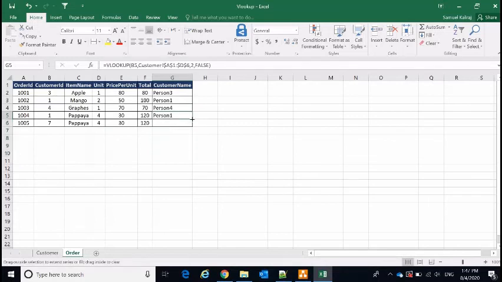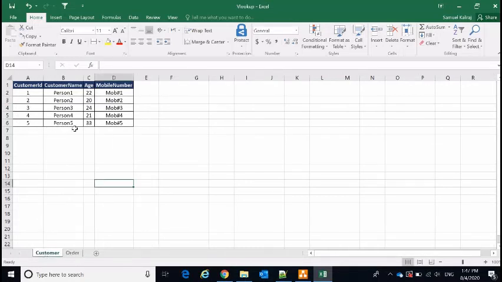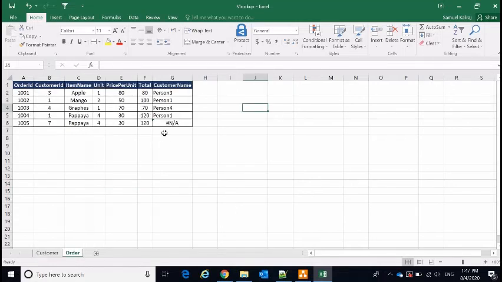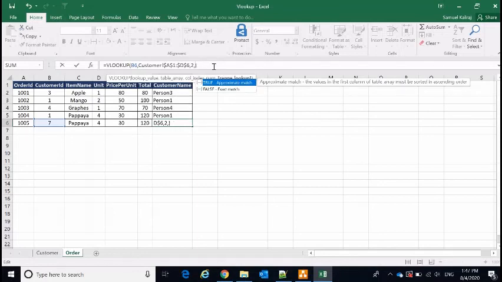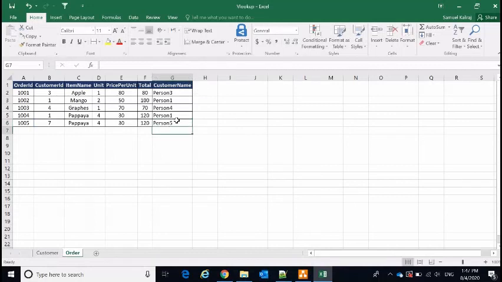Now I will try to copy the formula. It is NA. Okay. So it is trying to find the customer ID 7 and there is no customer ID 7, so it is giving NA. Suppose if I give approximate match true, it will give 5. So it will give the next lowermost value of the customer ID.